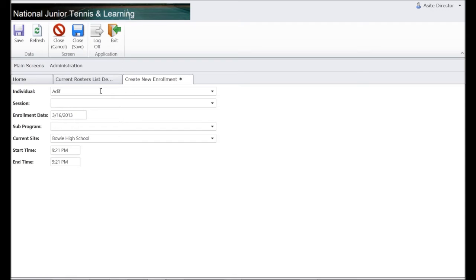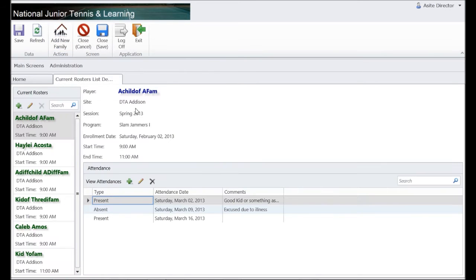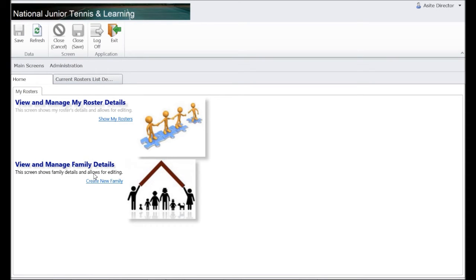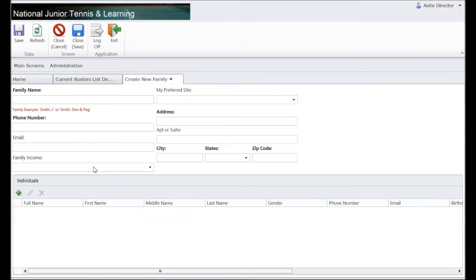So what we're going to do to add a name is to start typing one in. As you can see, I started typing and my player does not come up in that list. So what I'm going to do instead is I'm going to go over here where it says Close Cancel, and I'm going to click that, and I am going to go on the Home tab, Create New Family, and I am looking for the